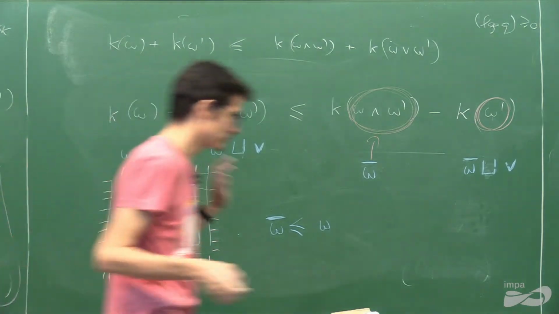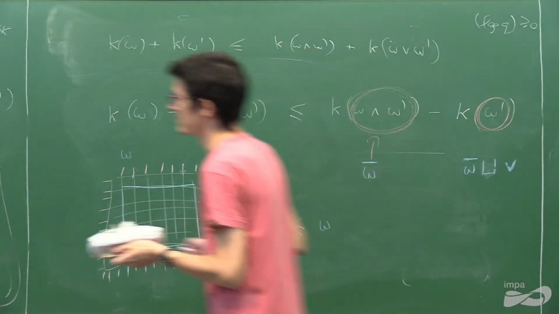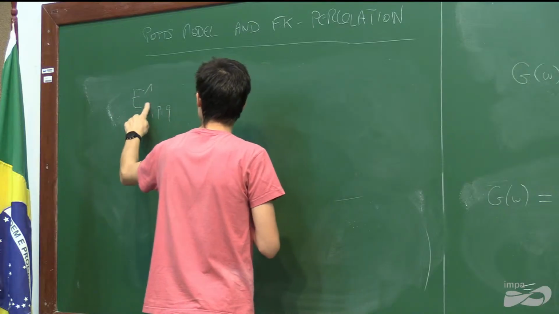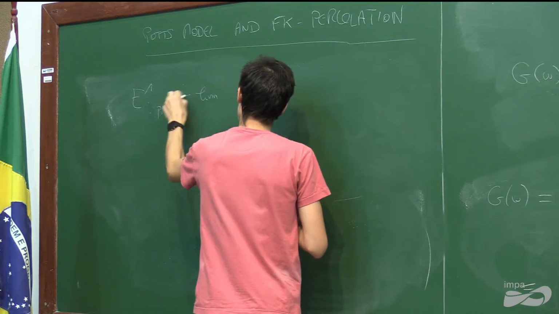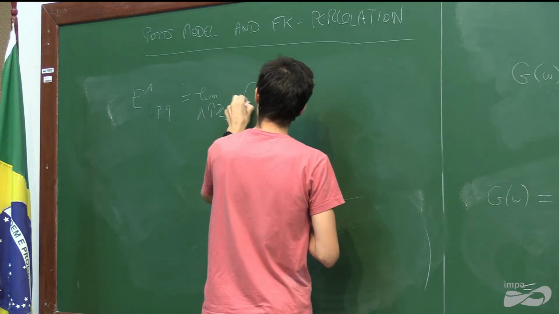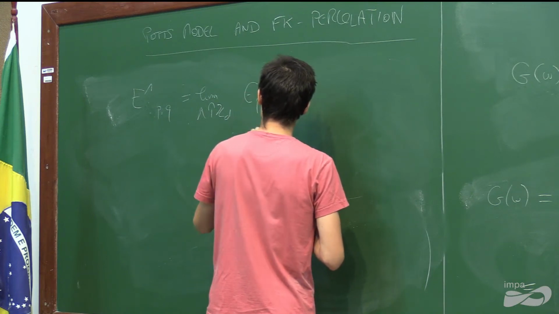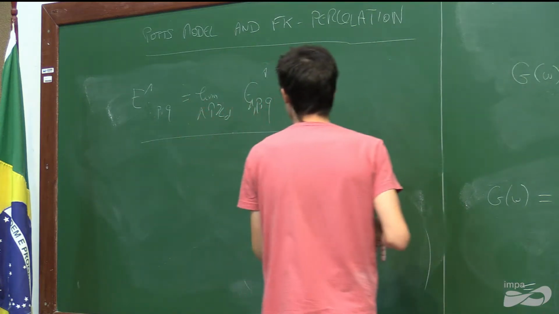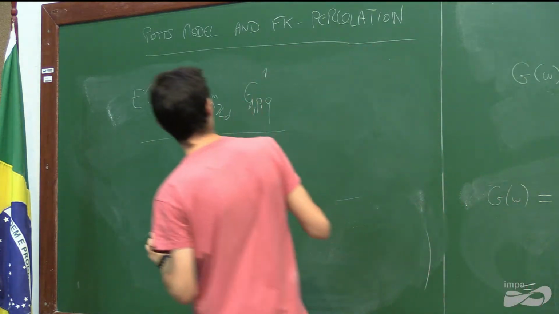Okay, so let me try to say something about this. From now on I will be very unwavering. So let E1 lambda PQ be the limit, when lambda goes to Z^d, of E1 lambda PQ. Okay, so one observation is that